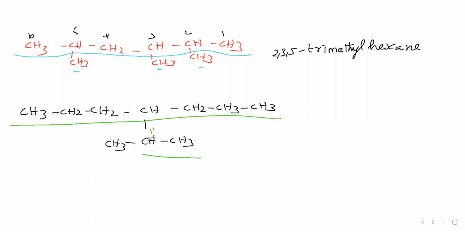Therefore, for this we will say 1 dash. It is 2 dash. Now, for this carbon 1 dash, for this carbon 2 dash. It is a small parent. Now it is a branch for this small parent. This branch name is CH3, that name is methyl. So methyl we will say.